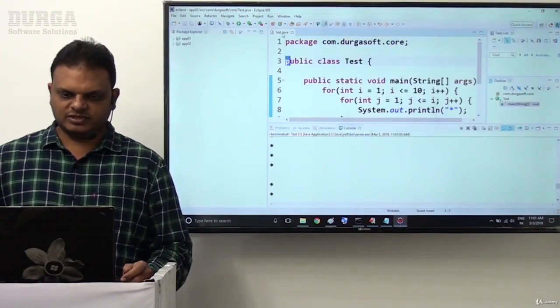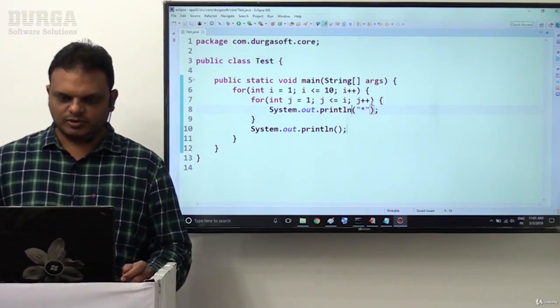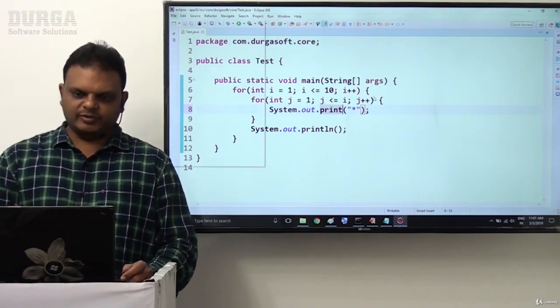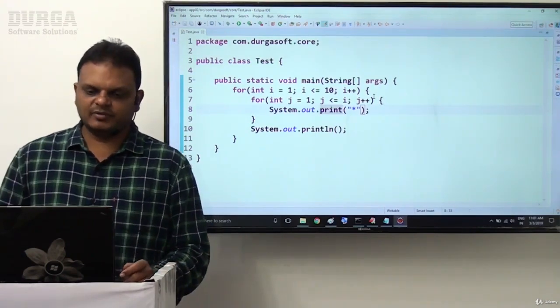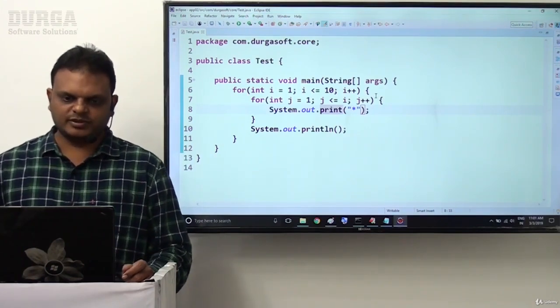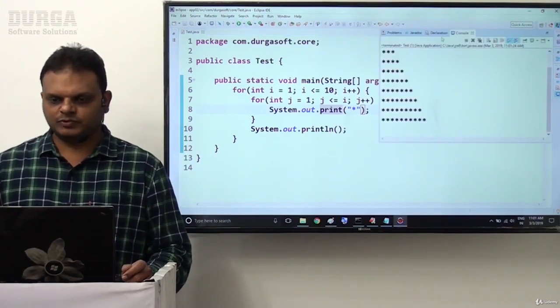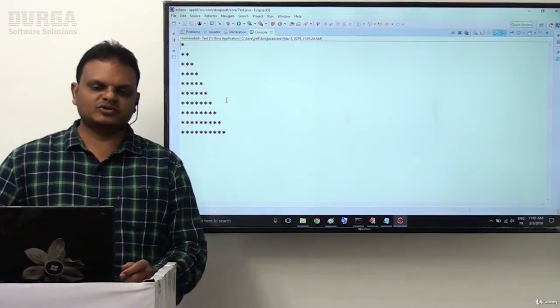Yes, where is the problem here? Right, exactly. Now the problem is this one: the print method. We need to explain the difference between the print and println methods. This is the print method here. Now try to observe this clearly. Good. Now we are getting the values directly.